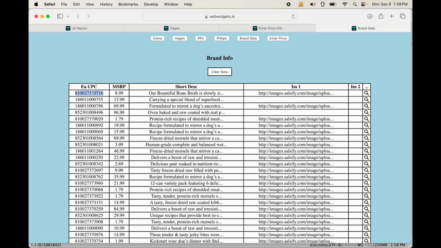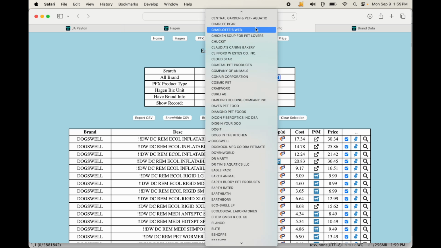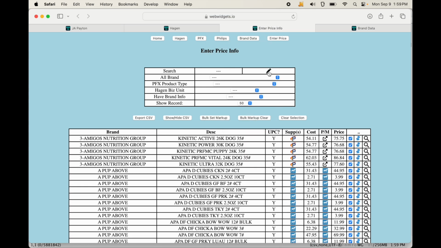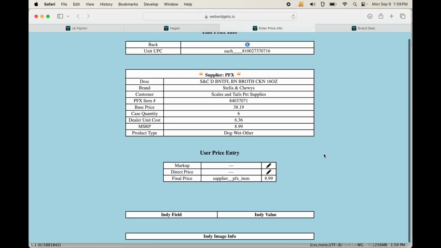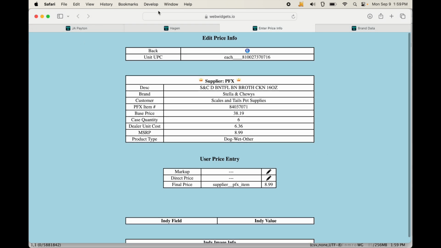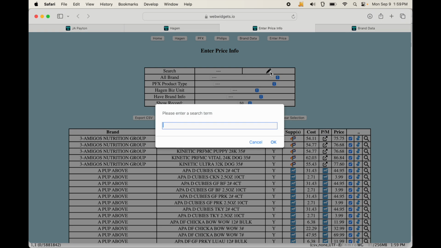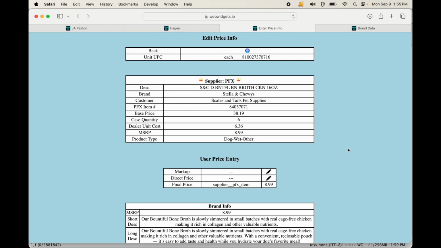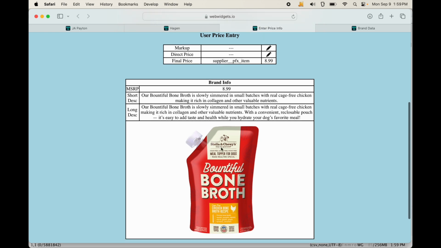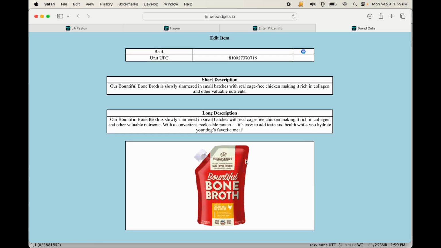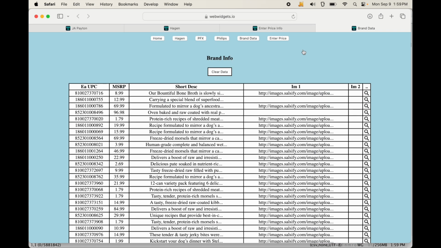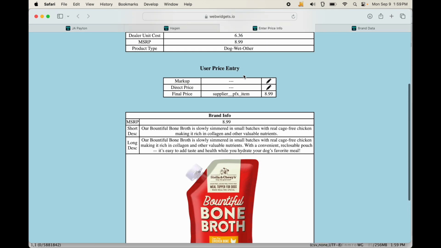So why don't I search for this UPC and see what comes up. Okay. Oops, I've got to refresh. Refresh to pull in the new data from that upload. Okay, so what's coming in here is that image URL. So this image here has a URL that's getting pulled into the information here,